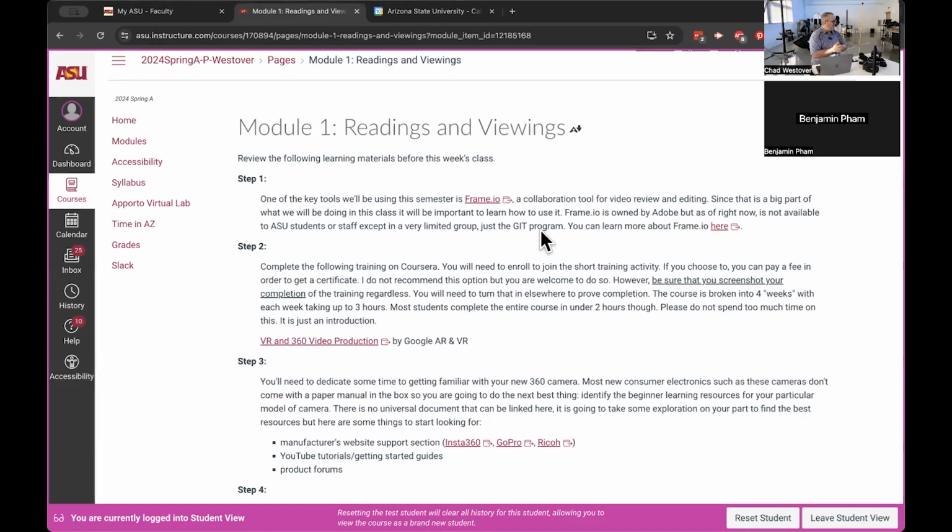Now, the downside of that is that for all its strengths, it doesn't do 360 video. We're going to use it anyways for several reasons, which we may get into later, but it's a good tool for review, critique, feedback, collaboration, working with a team. And so get in there, click on the links in there, and you can learn about how